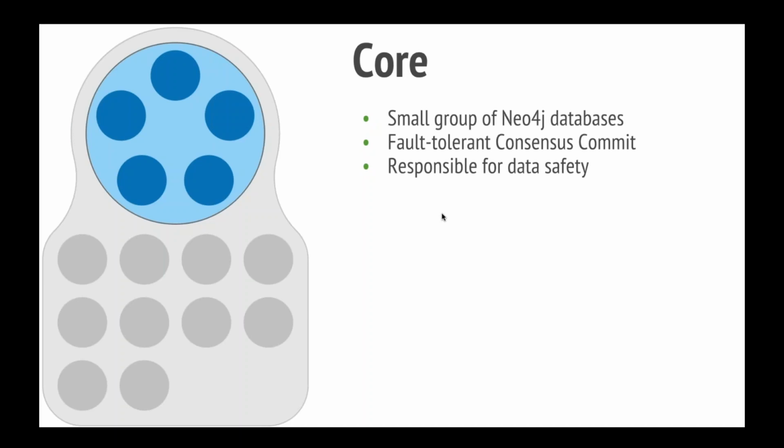It's typically a small group of Neo4j databases. It would be a similar kind of group, size of group as you might see in an existing Neo4j HA deployment, but it takes responsibility for the surety of the commit traffic as well as the state of the cluster itself. So it's responsible for the safe updating without loss, and including in the event of failures, of data